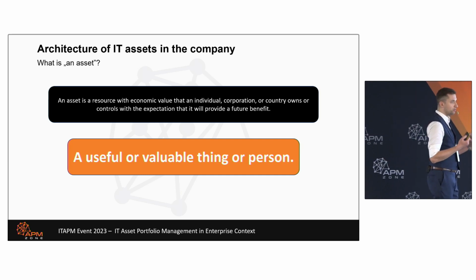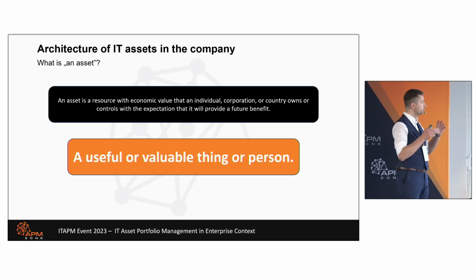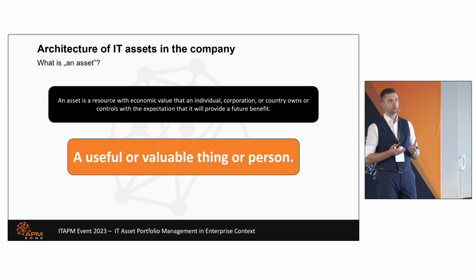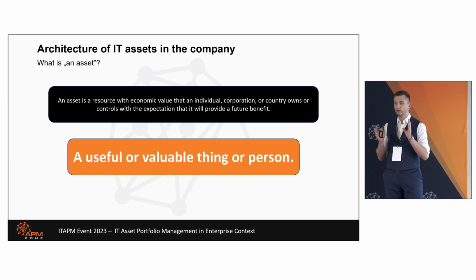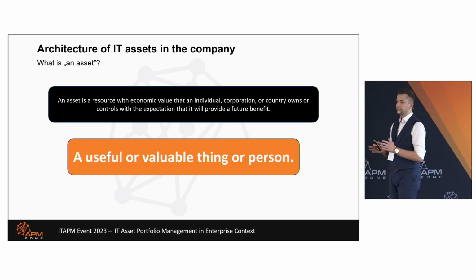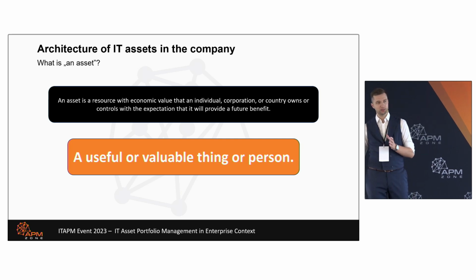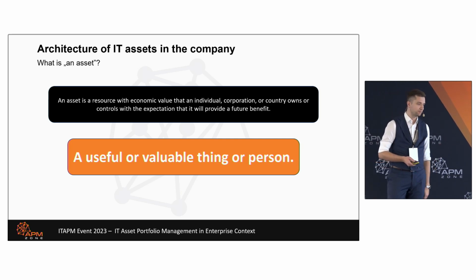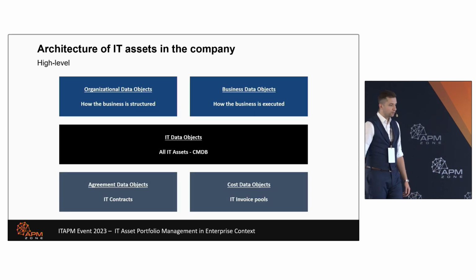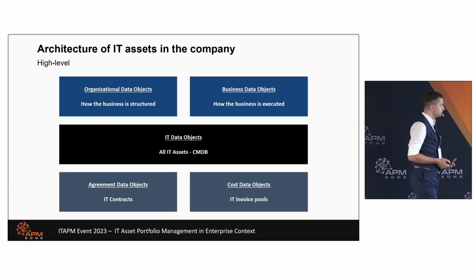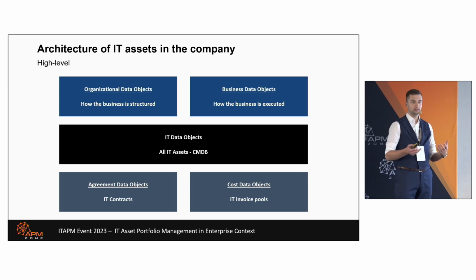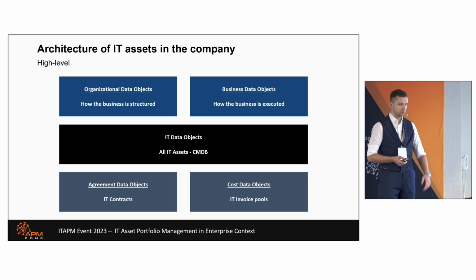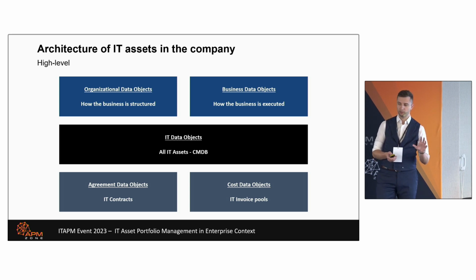And we all need to look into the full picture of that. If we say, okay, but I'm only focusing on servers, it doesn't mean that it does not influence processes or people or even these warehouses or factories. So where is it all placed? When we talk about IT assets, because that's what we are mainly discussing here, how do they fit into that big picture of the enterprise?